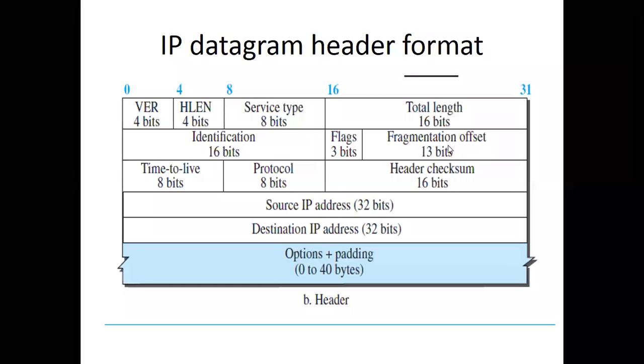The fragmentation offset helps recognize the fragment status and its offset value, from where the fragment starts and where it should end. TTL, as we have already seen, is the maximum number of hops the datagram can travel in the path. Whenever it travels, this TTL value is decremented by 1, and when it reaches 0 it is discarded from the path.